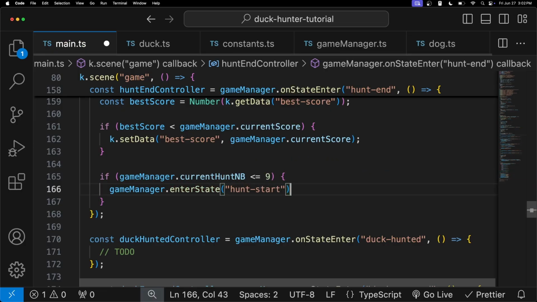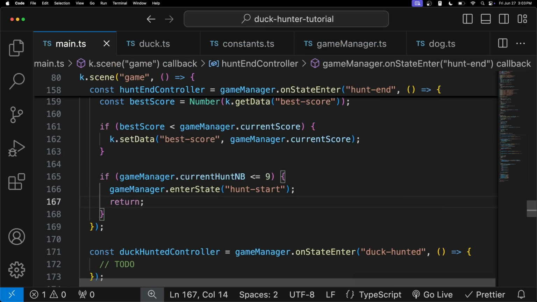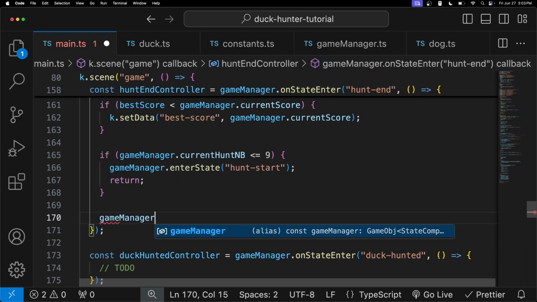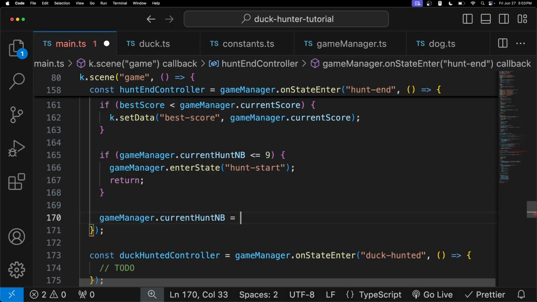The reason we're doing this is because if the current hunt number were superior to 9, that means that we have actually exceeded the number of hunts in our round, which is supposed to be 10. So we return early, because by default, if none of these if statements are true, we will just have our game manager's current hunt number, and this is where I actually fixed the issue. We're going to set it to 0, and then we're going to enter the